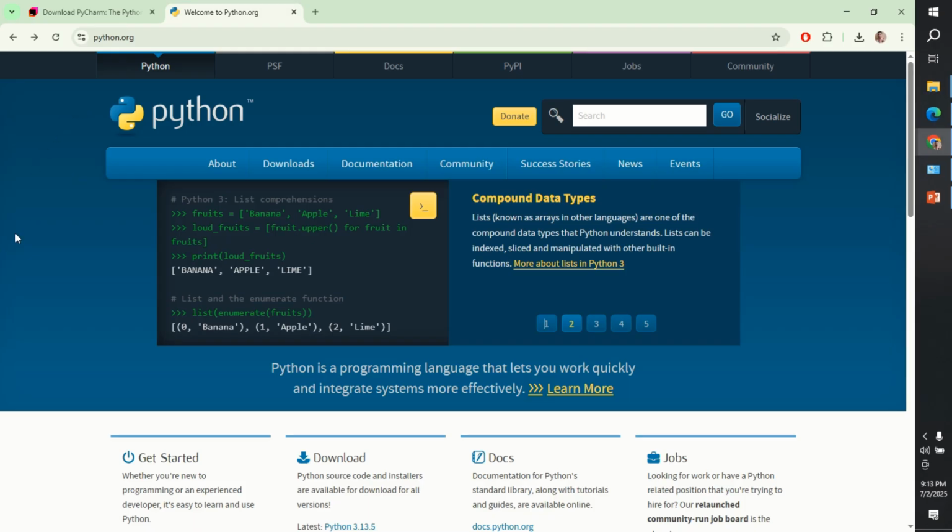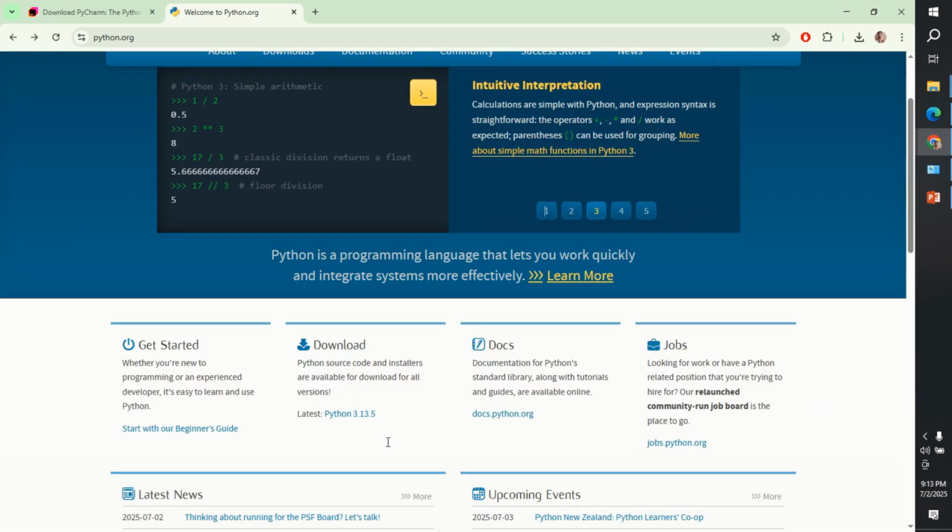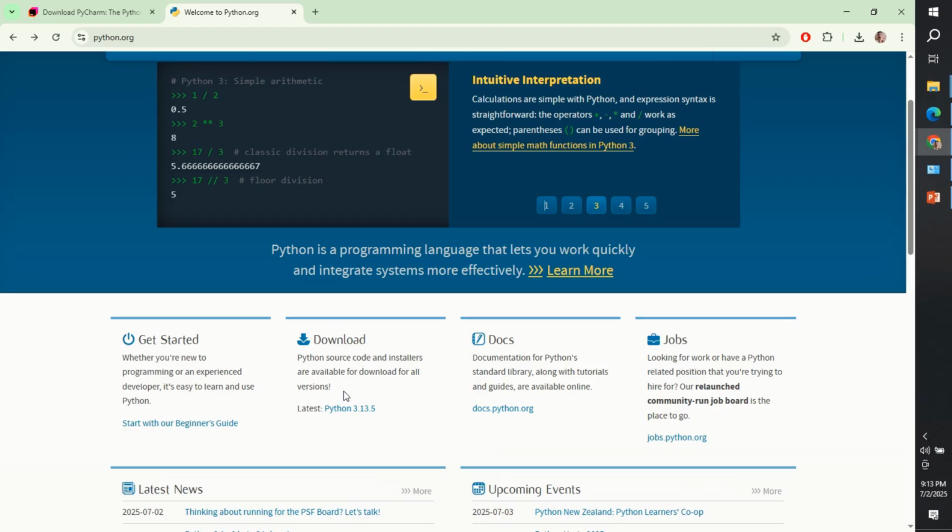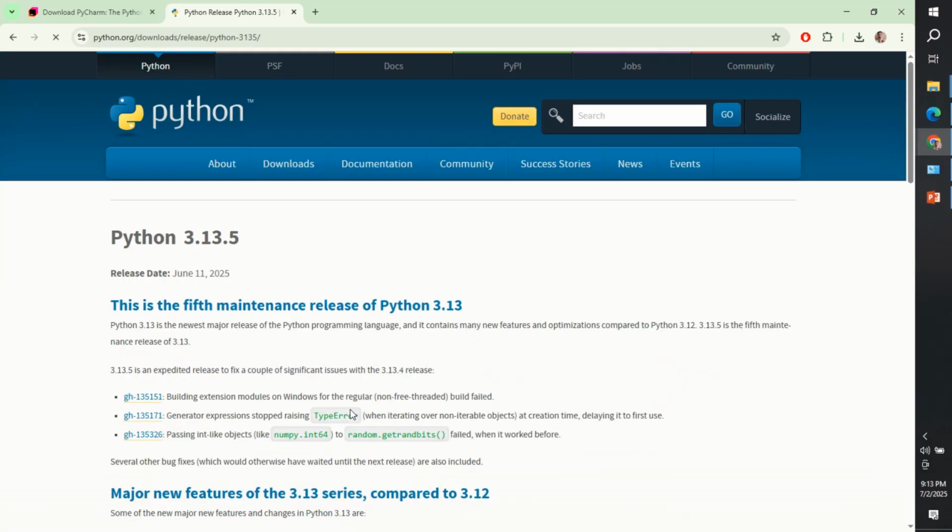So as you can see, I have opened a website on the screen which shows how to download, and from where you can download the source file for Python. Python is a programming language which helps you integrate with multiple systems. So it is an interpreter of Python. How can you download? Simply go to python.org and scroll down. You can see over here this download option. Click on this download. I can't show the whole download because I already downloaded this file on